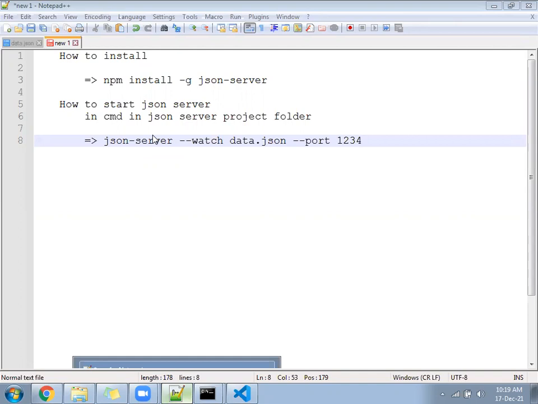So we are ready to go next. Whoever are facing the problem should replace the content and try starting again. That may help you.